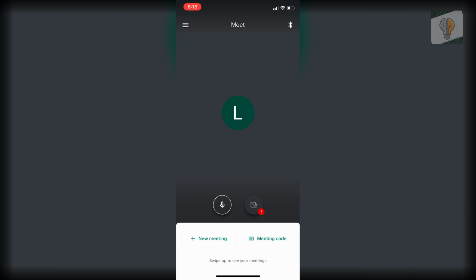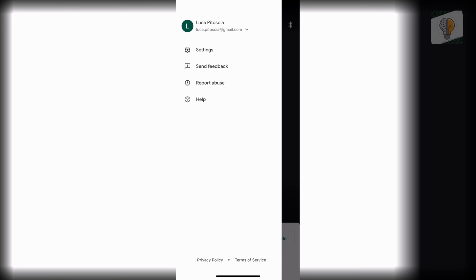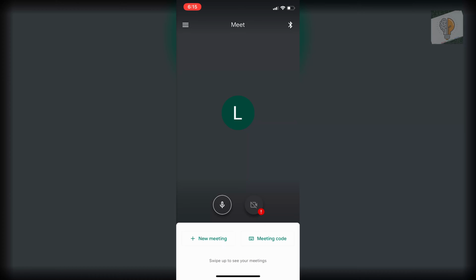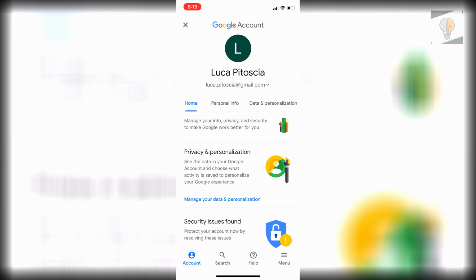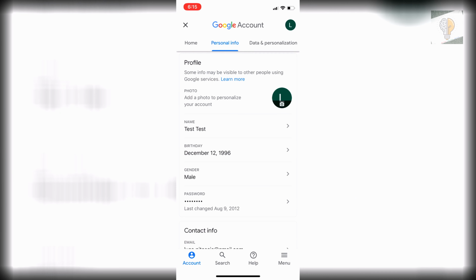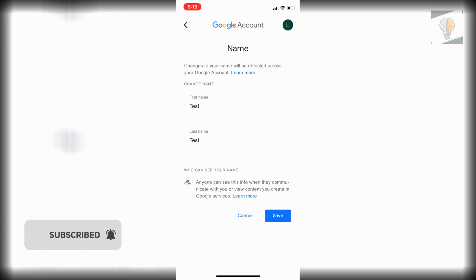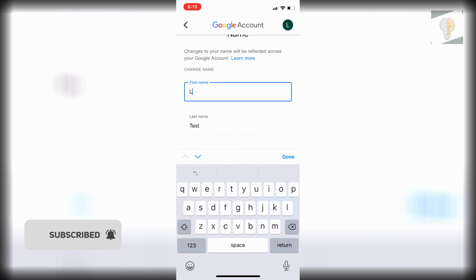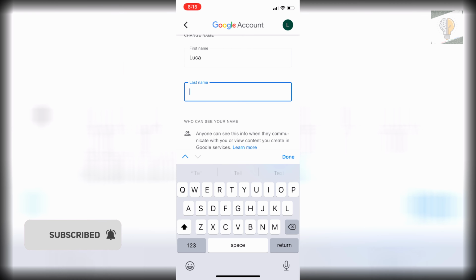It's really easy. So you just want to open up your Google Meet app and click on the three lines in the top left, and then you want to click on your email there and click manage your account. And then you want to go over to personal info. And then I just put my name to test right now, just to show you guys where to change it. So I want to go in here and change your name, just like I am right here, just like that,